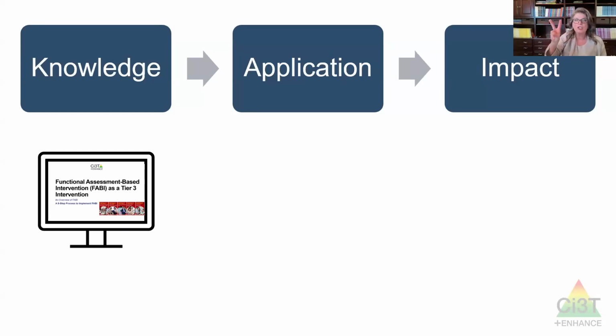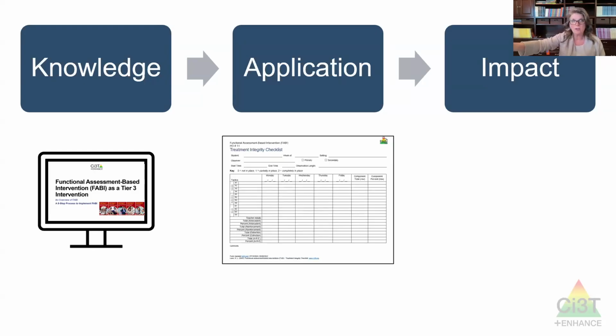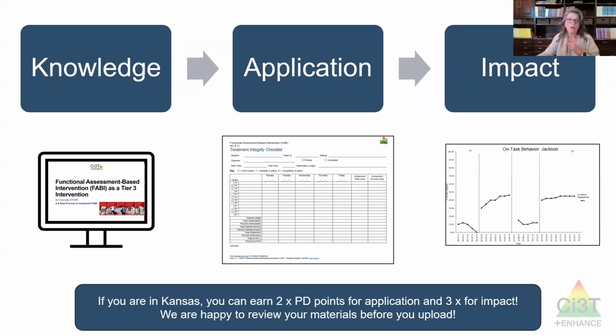So tonight they would earn 2 hours of professional learning credit. Then, if they can show that they took this and applied it with kids in their building, that is the application process. When they get that in place, their professional learning points are double. So 2 becomes 4. And then it's like the set of Ronco knives.